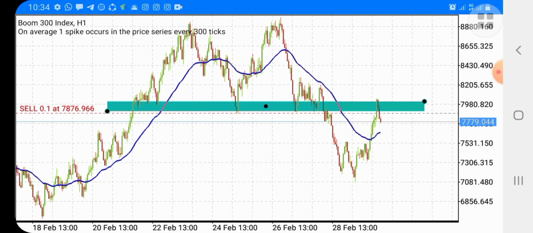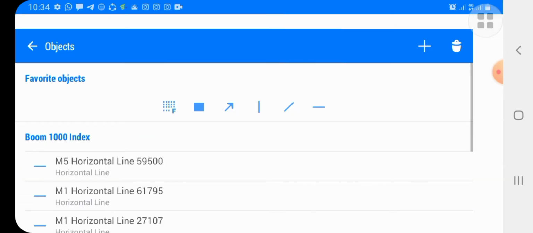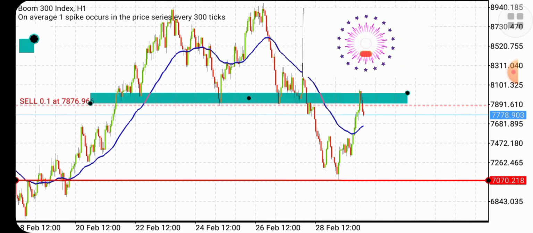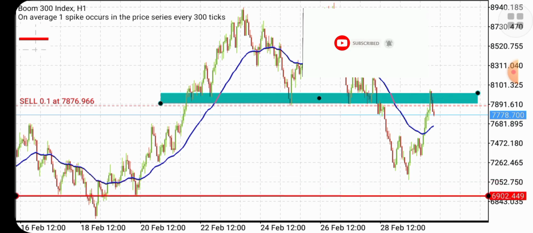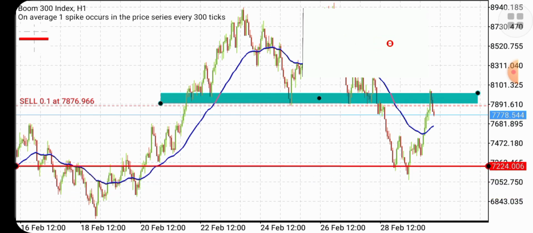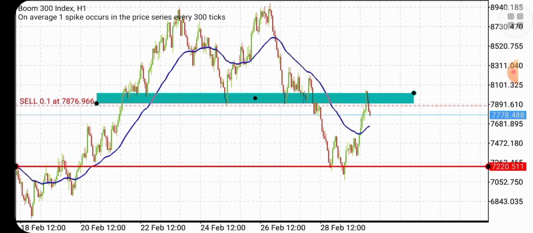Right, let me go ahead and draw the lines. Let me use a vertical line to draw here. So where am I going to be looking at? I'm going for a long trade, even though my safe TP, as I told you earlier in my last video, is the